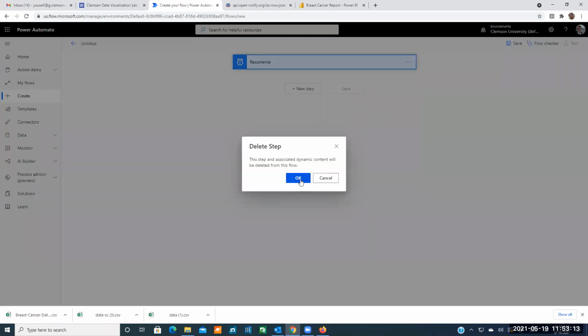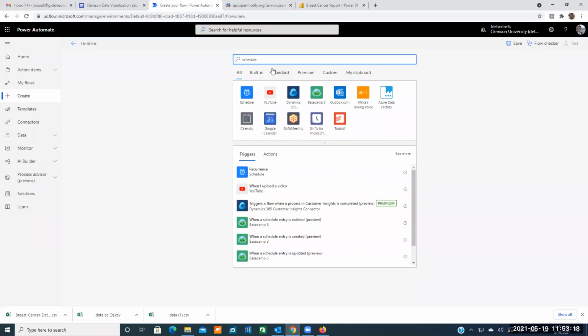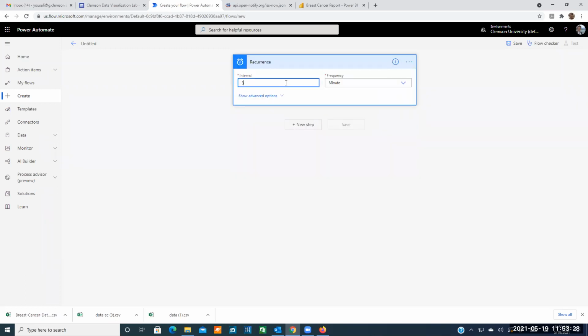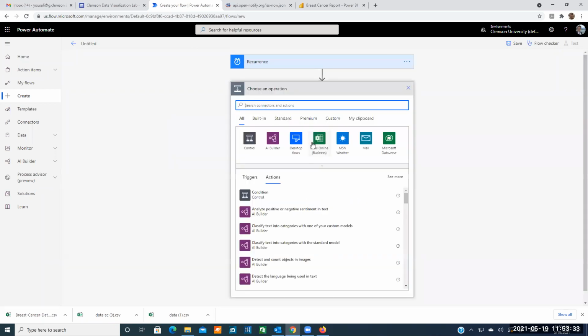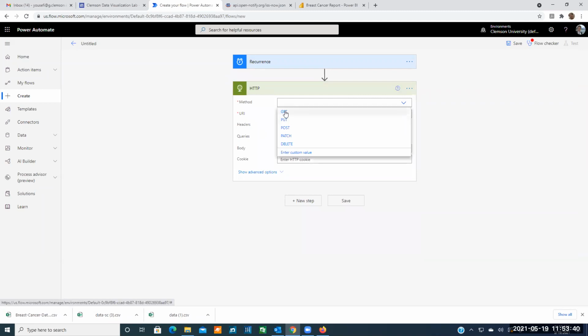And by coming here, you can just click on search for a schedule. You see this list here. Click on a schedule, click on the recurrence, put it on every minute, click on new step, search for HTTP. Click on get, and we want to get the data point that are the latitude and longitude of that space